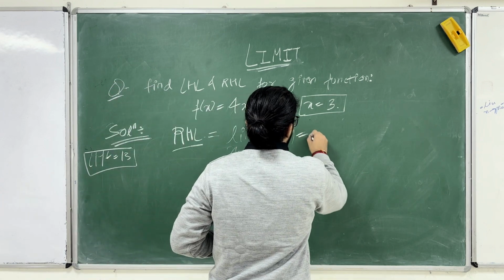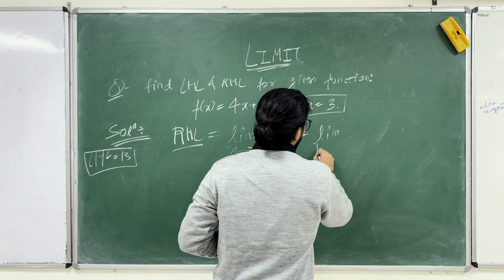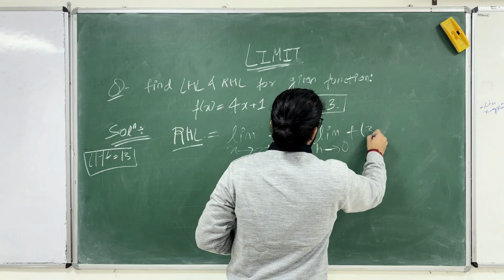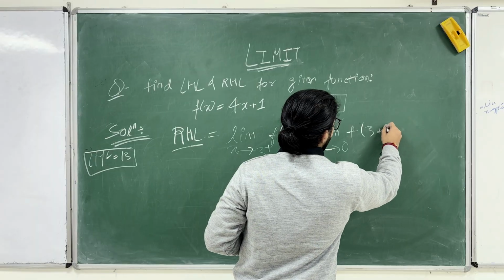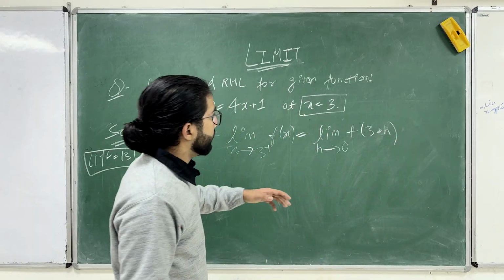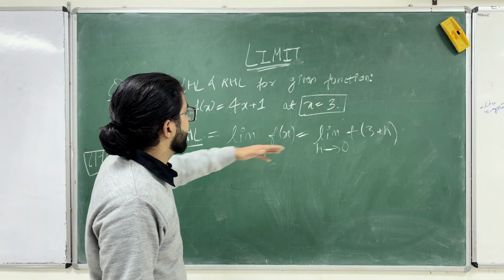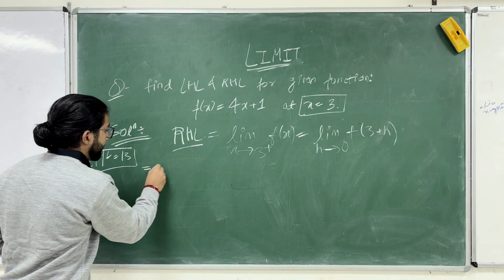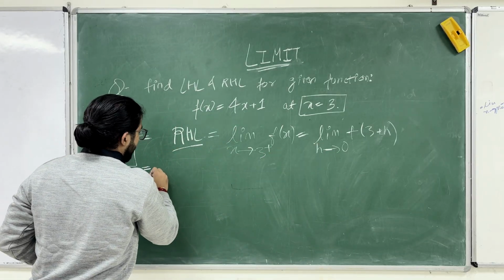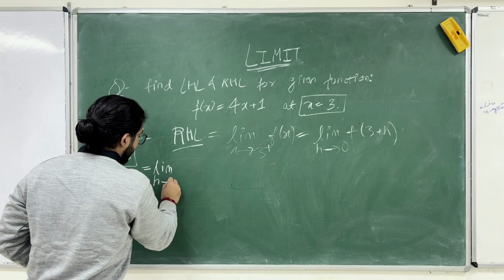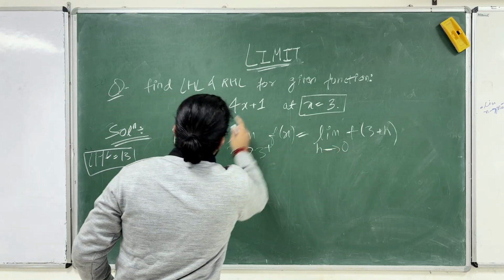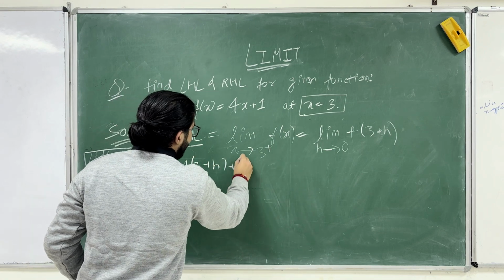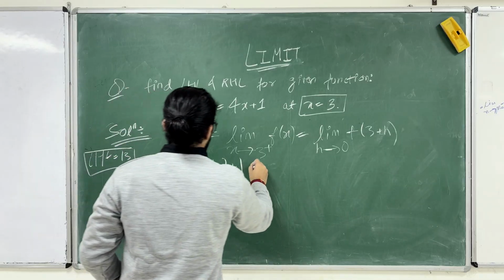So it will be limit h tends to 0, f(3 plus h). Now just like the LHL, we have to put the value of f(x) there and we will find the answer. So this thing will be limit h tends to 0, f(x), so it will be 4 times (3 plus h) plus 1,